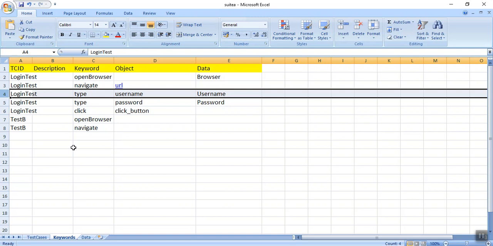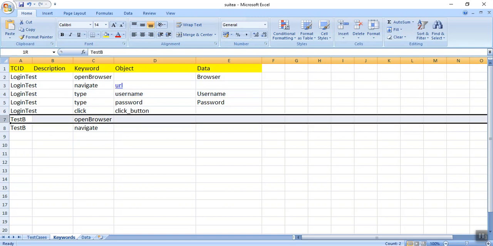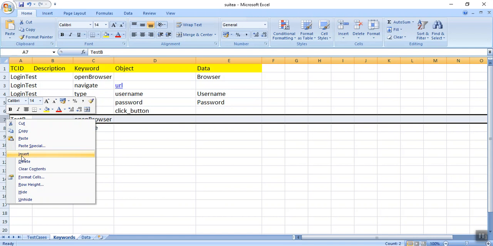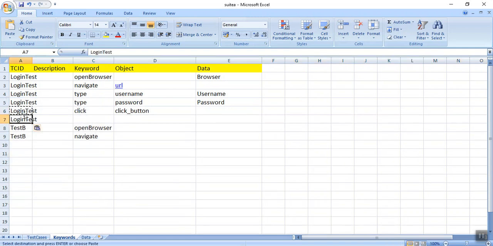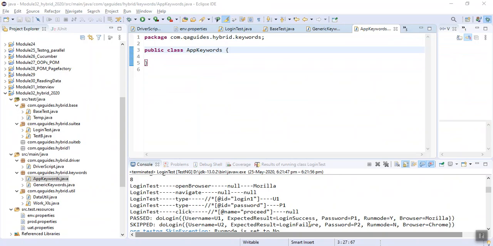Like if I have a keyword for login test, keyword name as validate login. So this is application dependent, not a generic keyword. All these application based keywords we can keep in our application keywords class.